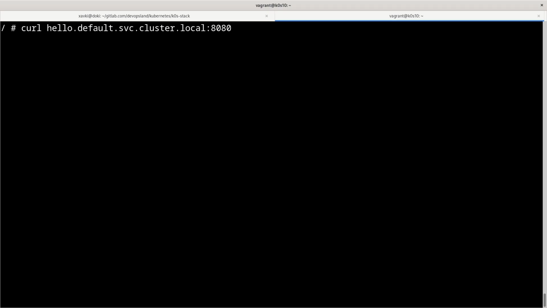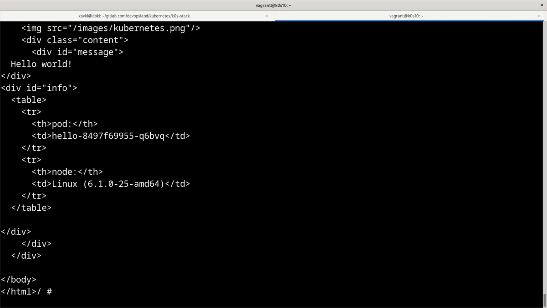And we can use just an alias for this DNS, because we are already in our cluster, we can remove the cluster.local and the .svc, and we can use again hello.default and the port 8080, and it works again.